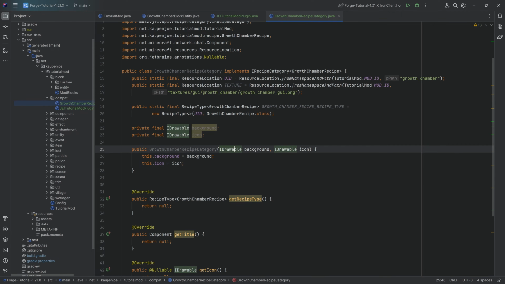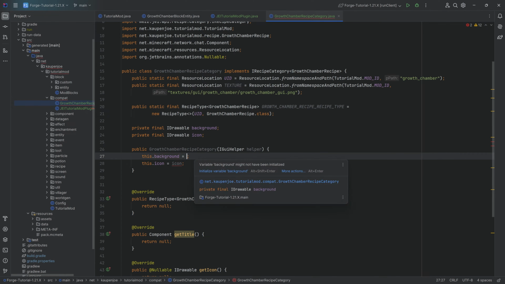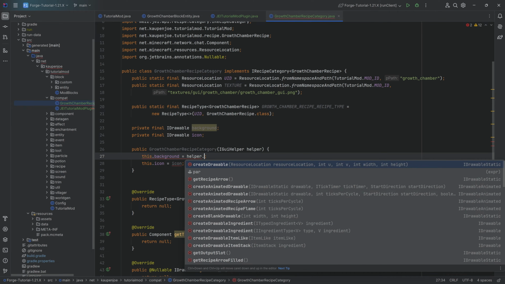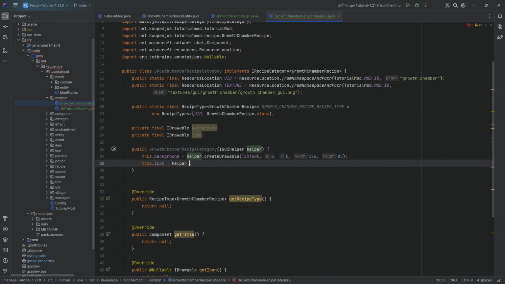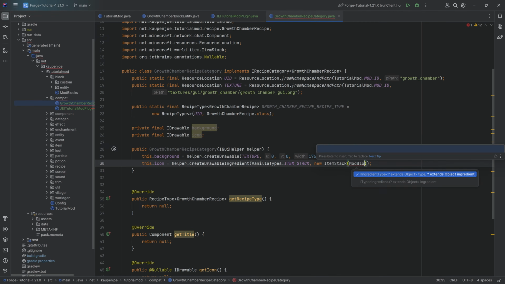The only difference here is that we actually don't want the iDrawables as parameters. We actually want an iGUI helper over here. I'm going to call this the helper. And then the assignment looks kind of like this. The background is equal to helper.createDrawable, passing in the texture, passing in 0, 0, and then 176, and then 85 as a height. And the icon is going to be a helper.createDrawable ingredient of type vanilla types.item stack with a new item stack of